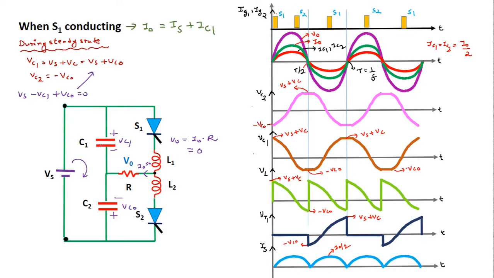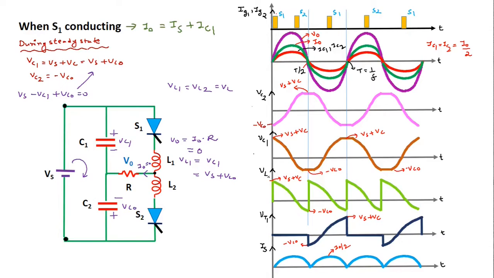Therefore the voltage across this capacitor C1 will come across this inductor L1. Voltage across the L1 inductor, VL1, will be equal to Vc1, which is equal to Vs plus Vco here. So we are considering here the voltage across the inductor is equal to Vs plus Vco, which is equal to Vc1. Why are we taking VL here? Because both L1 and L2 inductors are closely coupled to each other, and we know that the inductance of L1 is equal to the inductance of L2. Therefore VL1 will be equal to VL2 here, since L1 is equal to L2, which is taken as VL here.